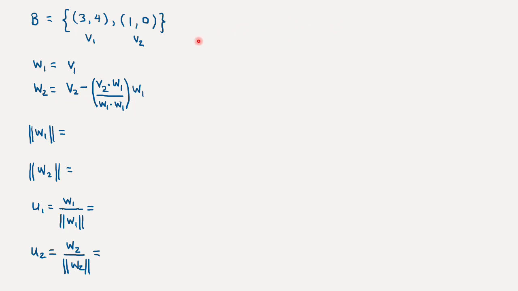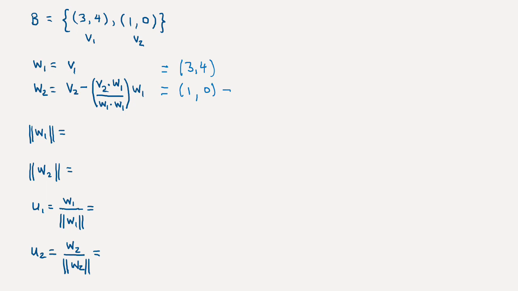So let's write out what that looks like in this case. So w1 is just going to be (3, 4) again, so I'll just write that down again. But w2 will be v2, which was (1, 0),